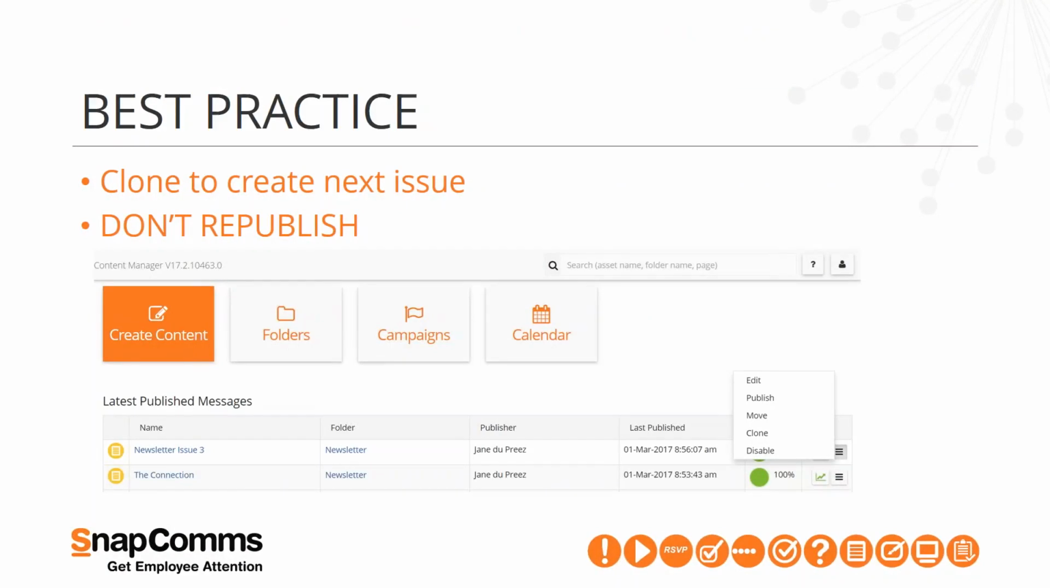So a little bit of best practice. I did speak about it when I was talking about settings. Once you've got that newsletter beautifully set up, you don't have to do it again each time. The best practice is to use the clone function. So in your dashboard view or your folder view, you simply click on the hamburger menu that opens the options here, and you click on clone, and that pretty much creates an identical copy of it, and you can rename it. So I would rename this to issue 4 or issue 5, and replace out the content for that next issue